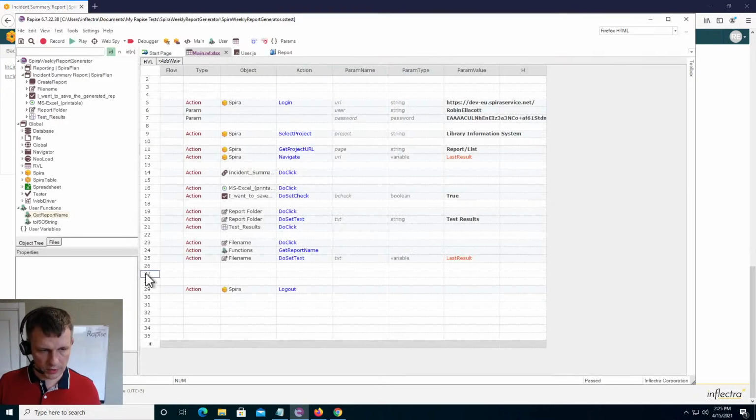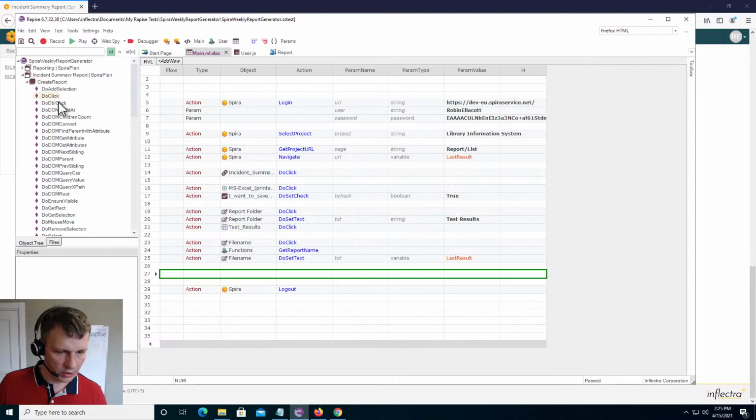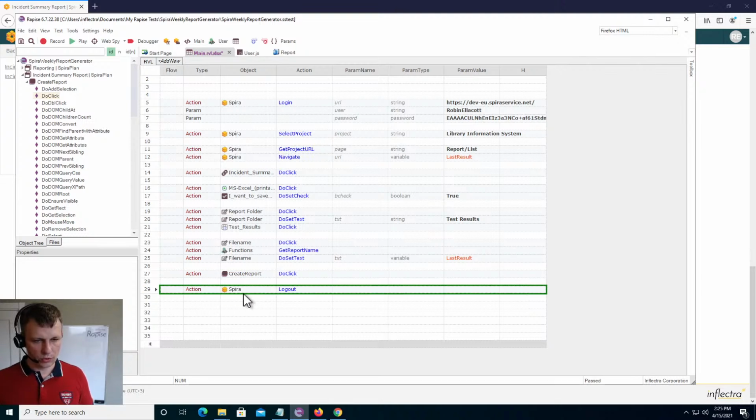Okay, so we have this button. There is nothing to insert because we just learned an object. So to actually use it, we need to click on it. I drag and click here, and now it is supposed to be in the script. I don't want to do logout right now. I want to execute this generator